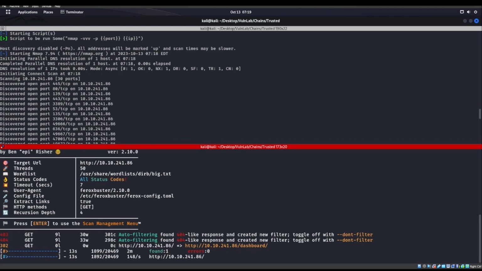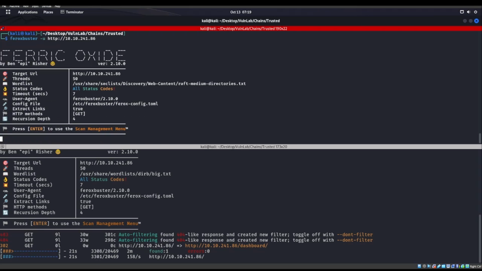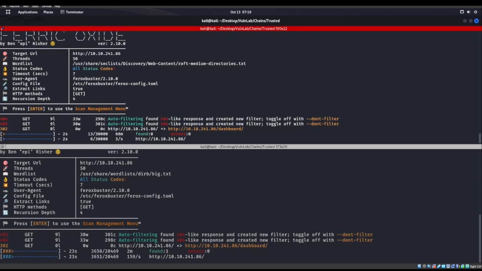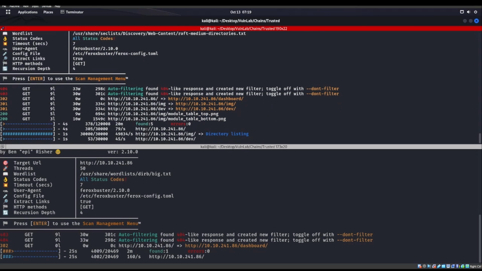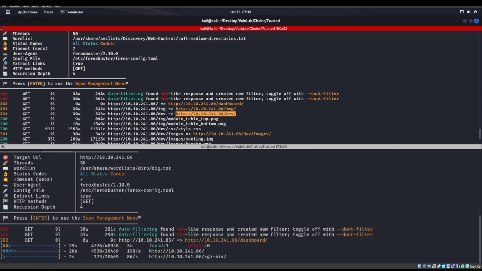Something else I learned about doing this box that I never really noticed is that you can just type in feroxbuster and hit enter. It'll actually pick the raft-medium-directories.txt word list for you, just so you know. If we do that raft one, we actually see this dev right here. So that's good for us. So if we go to dev,